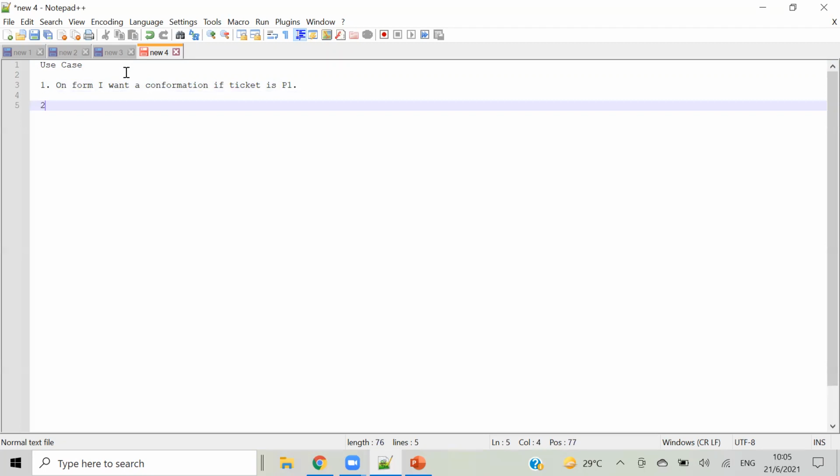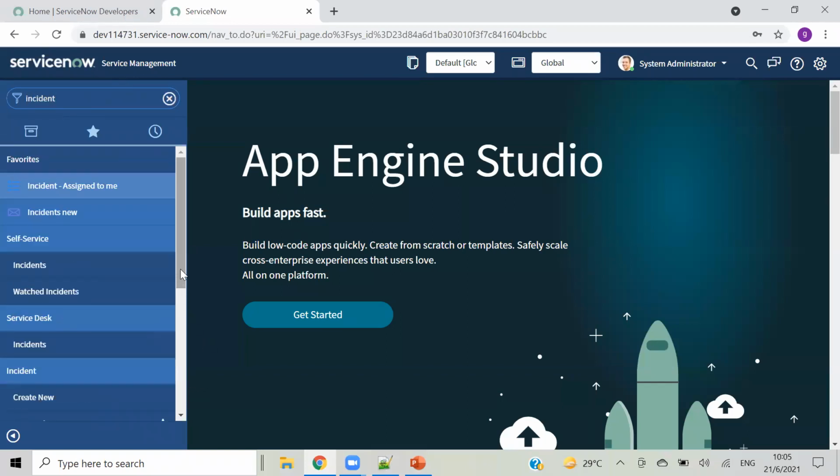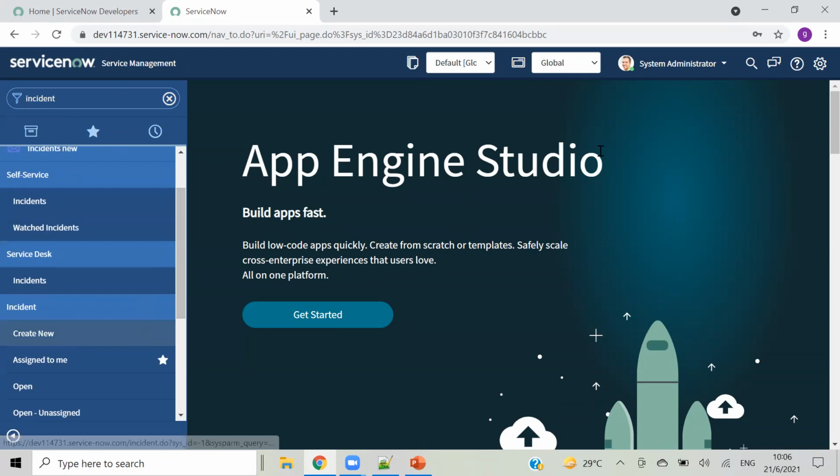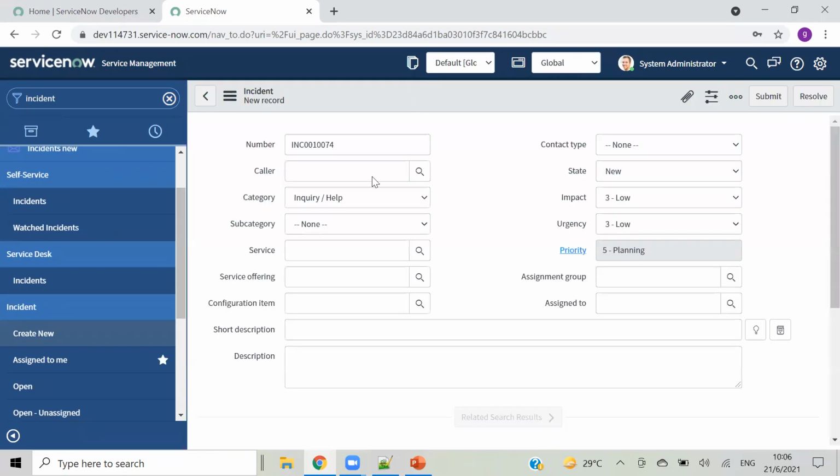Okay. And second scenario, like we have a caller field on our incident, right? And by default, it is empty. This one, incident. So you can see this field is empty, right?